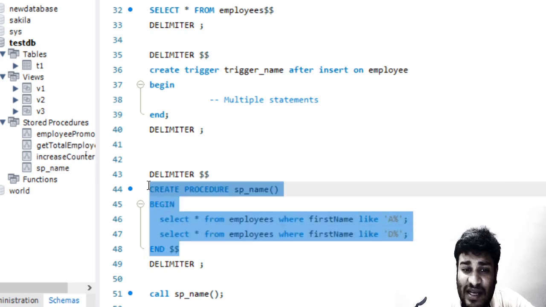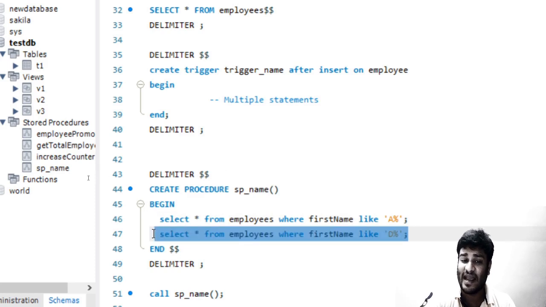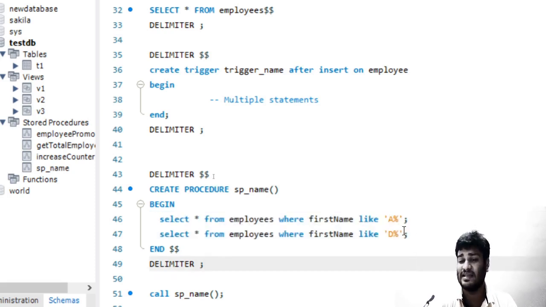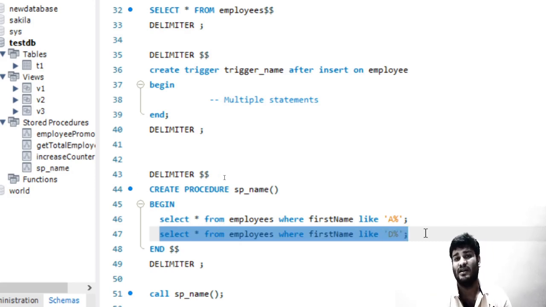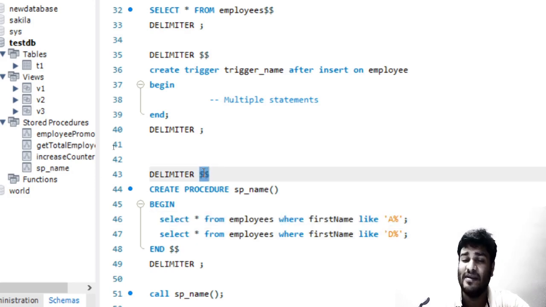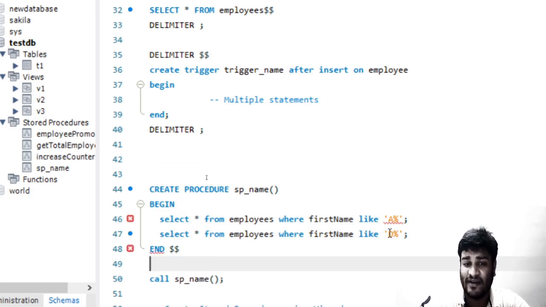Now when we are creating a procedure, and within the procedure we have multiple commands, these multiple commands are divided. How would the compiler know that this is one command and this is the second command within this procedure? So we subdivide them using a semicolon. But semicolon is something which is used as a delimiter for the outer statement. So if we do not change the delimiter to something other than semicolon, it will give an error,